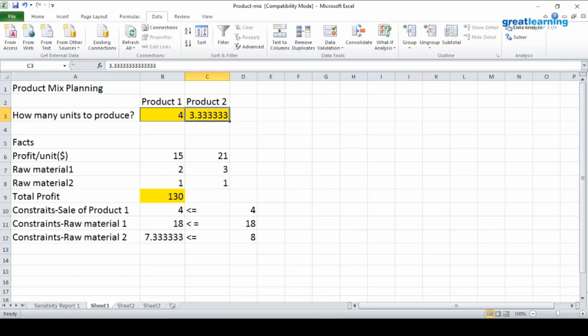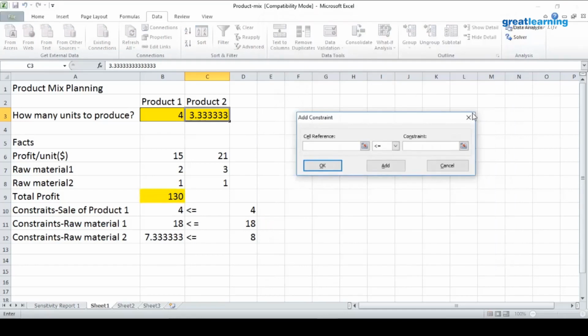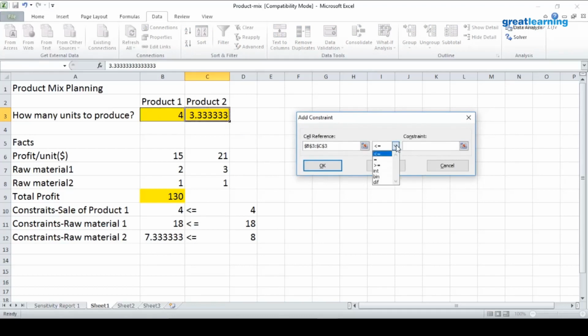Now when I round this 3.33 to 3, I may be making a mistake. You cannot round it in linear programming because it may violate the constraints. I can round 3.33 to either 4 or 3. Which is correct, I do not know. And when the number of decision variables is more, it will be difficult to do it manually. So what I can do here is invoke solver. And in the constraint part, add constraints. I take this reference cell again, the production, and put an option here, integer, int.